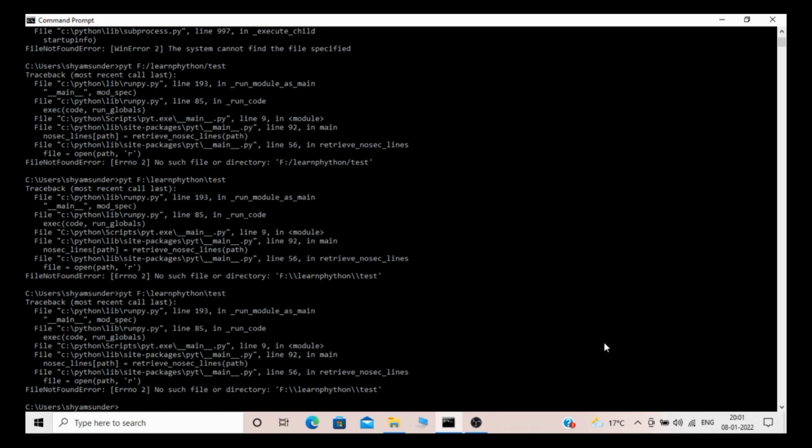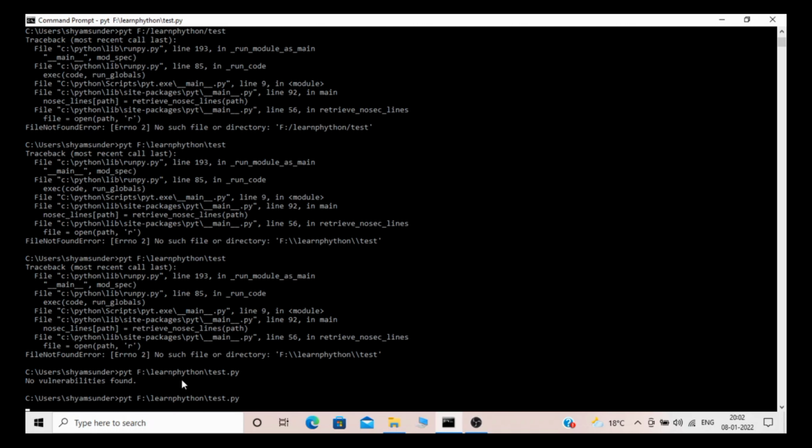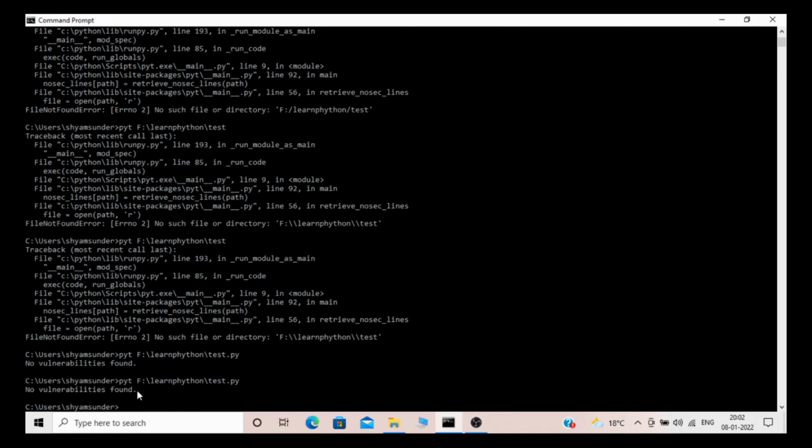Let me check again. What we need to do is type the command and paste the file name. As you can see, it's giving me no vulnerabilities found.